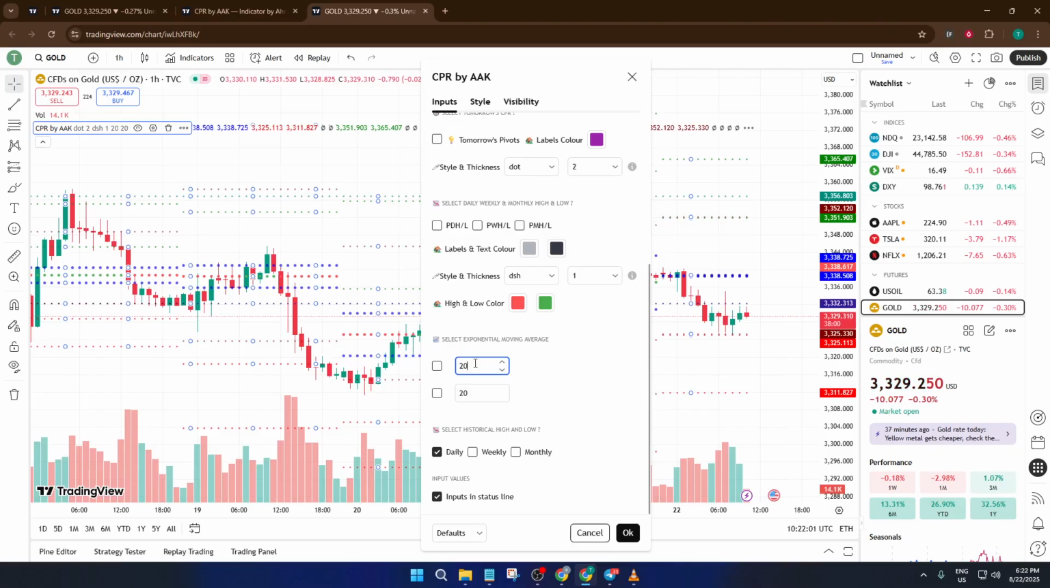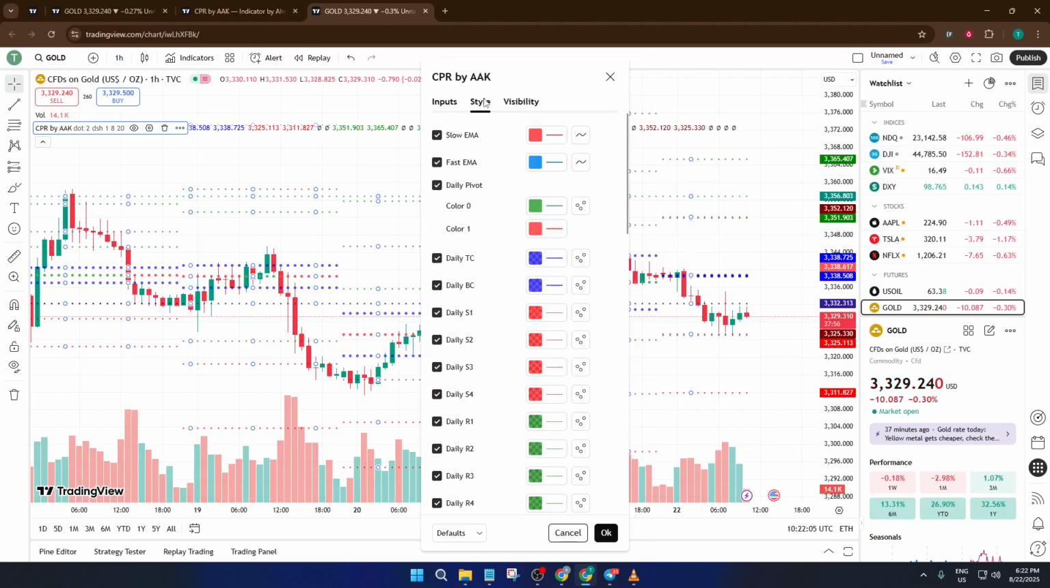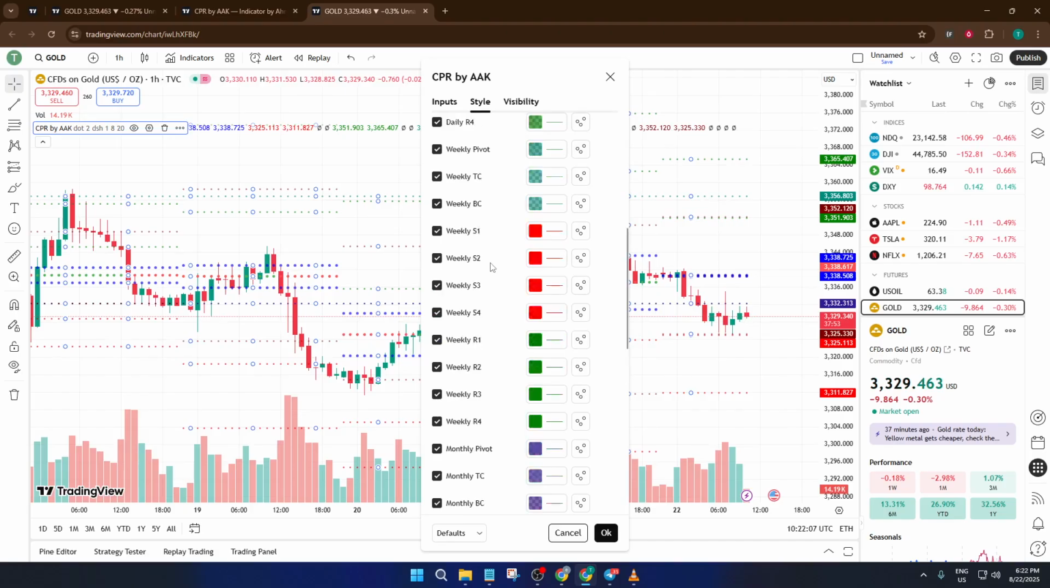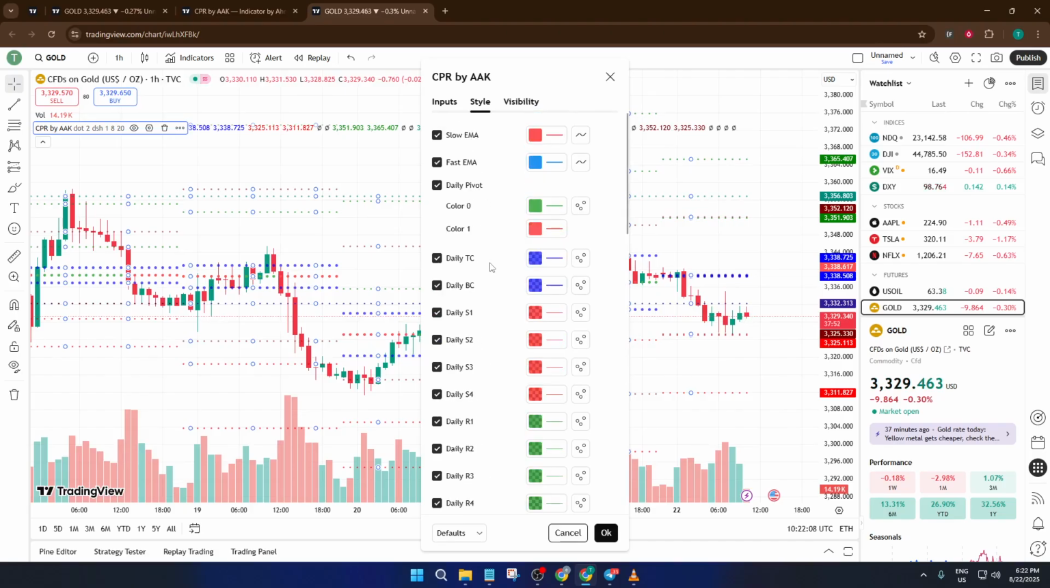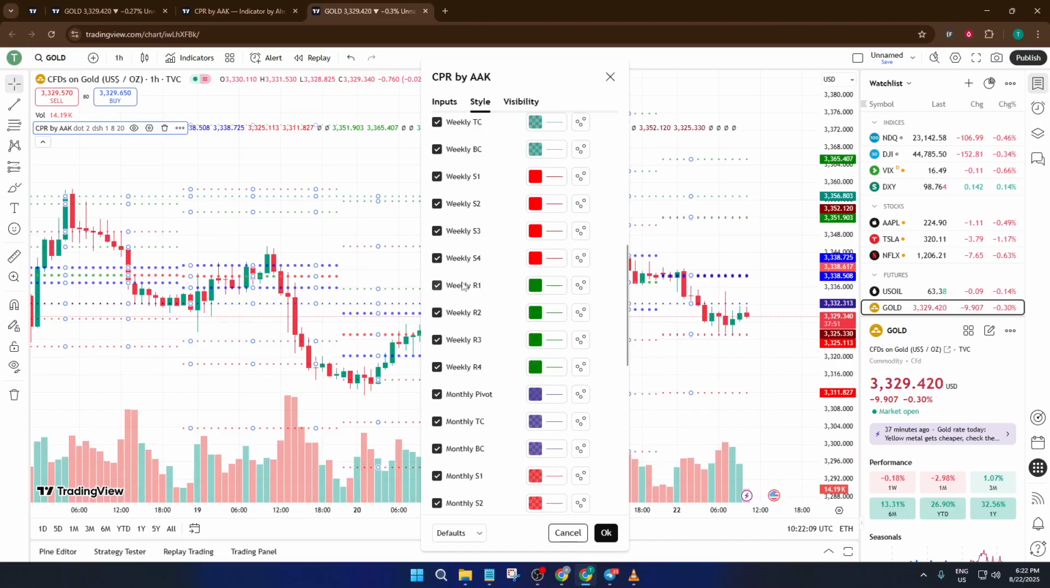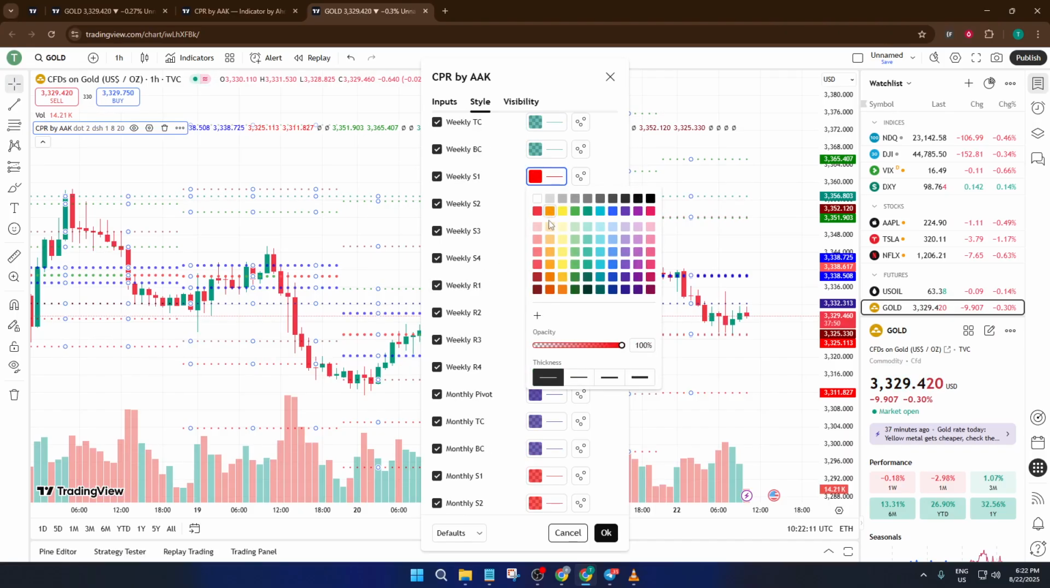Now, swing over to the Style tab. This is where you bring the visuals to life and make the chart genuinely your own. Here, you can personalize the line colors. Maybe you want vibrant colors that stand out, or something more subtle to minimize chart clutter. You can also adjust line thickness, add or remove labels, or even uncheck certain levels or indicators if you want a cleaner look. For example, if you find the support and resistance levels a bit overwhelming, just uncheck them to